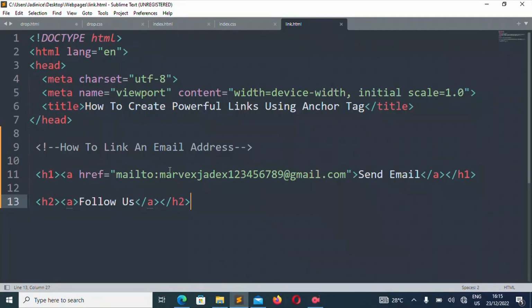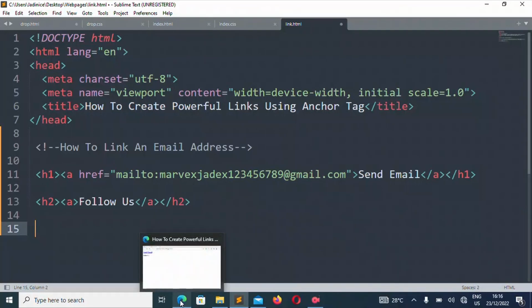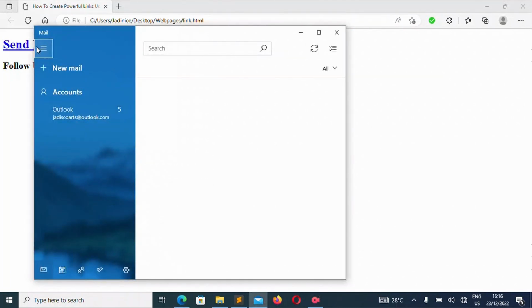And the purpose of this linking of an email address is if you want to create a website like a restaurant website or a blog website, and you say, send us an email. Do you want more information? Send us an email. Now, when the person clicks on that send us an email, instead of having to write your email address and the person will have to go to a mail like the Outlook or Gmail, this linking helps the person to automatically go there with ease. All it has to do is just to click on the link and immediately the person goes there.